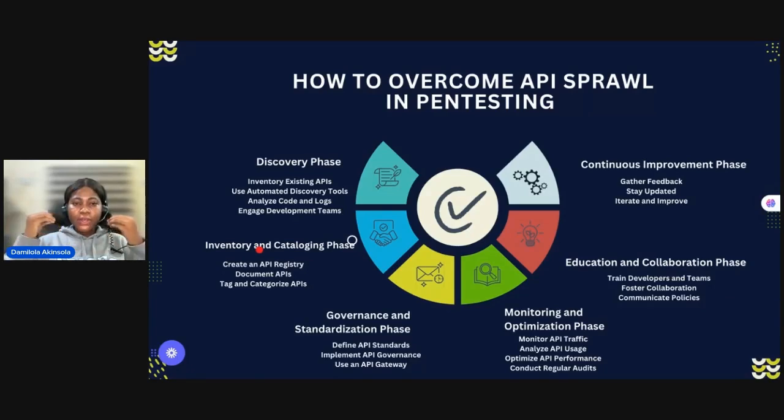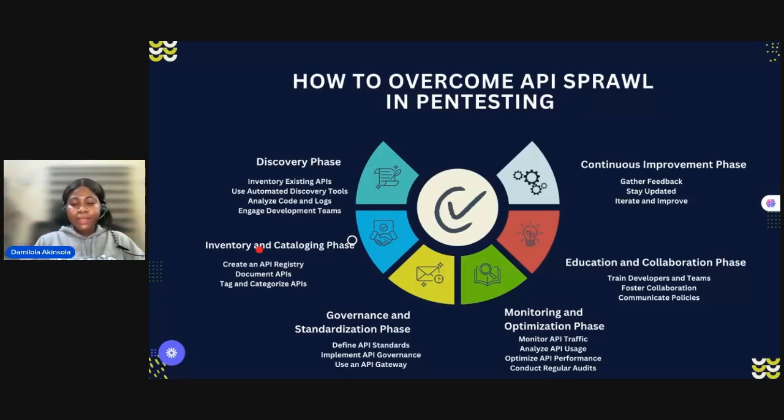So you're going to have to establish clear guidelines for your API design. You want to preach a security first approach and you want to ensure that everyone has a great understanding of documentation best practices. Then you're going to use industry standards like RESTful APIs, OpenAPI, or GraphQL, depending on your code. Whatever it is you're using, just make sure you're using it the right way and you're doing the right thing.